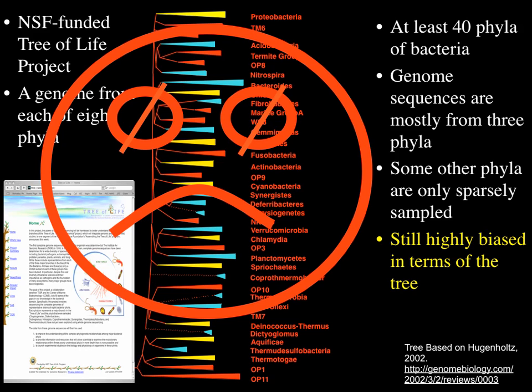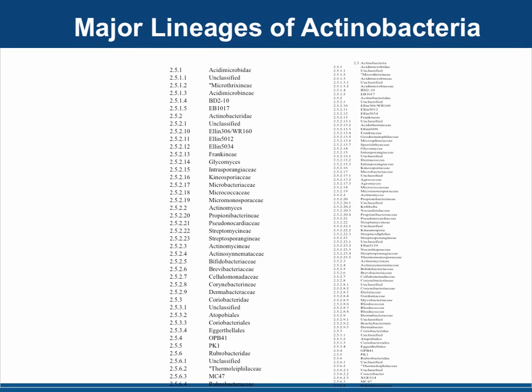We couldn't, for example, ask questions about monophyly. We couldn't even test whether or not the phyla were real because we only had one representative from each of them. So, for example, at the time, this was a list, and I'm not even showing the same thing, of the major sublineages of Actinobacteria. I mean, we would have to sample each of the subgroups within these major groups to really have a handle